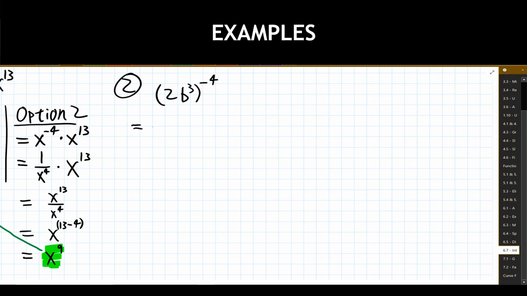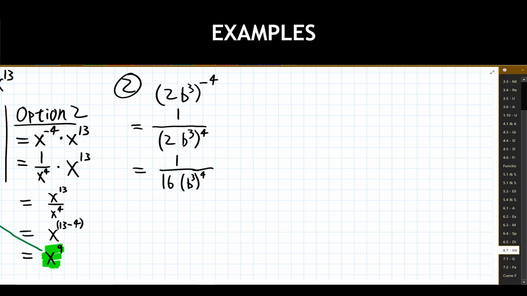So all the negative does is it says take whatever the base is and flip where it is in the fraction. And then we can drop the negative in the exponent spot. So we get 1 over 2b to the third power, all raised to the fourth power there. And now I can apply my knowledge of raising things to the fourth power. I'm going to get 2 to the fourth power, which is going to give me 16. I have b to the third raised to the fourth power.